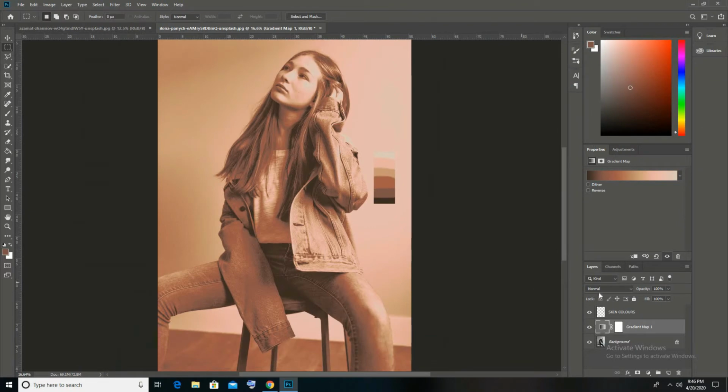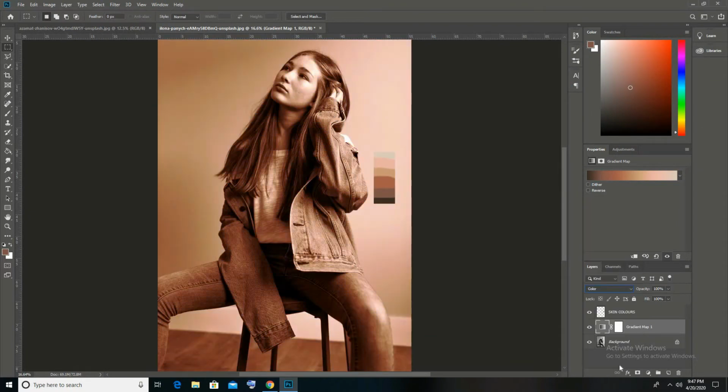After it, press OK and put the layer blending mode to color.